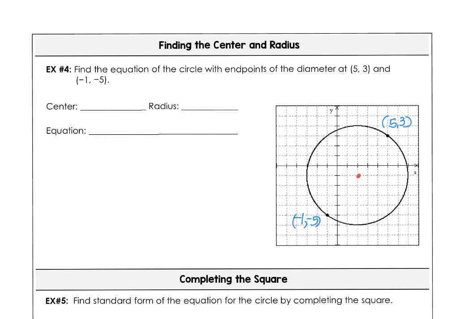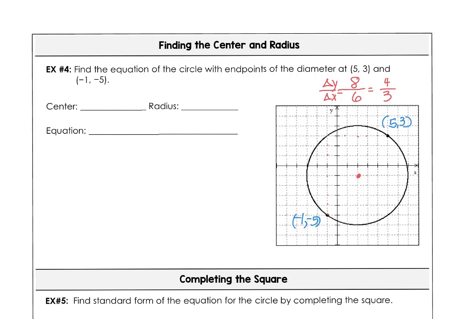And one way we can accomplish that is to count the rise, which is 1, 2, 3, 4, 5, 6, 7, 8, and the run, which is 1, 2, 3, 4, 5, 6. So we have a rate of change, 8 units up and 6 units right. So that change in y over the change in x gives us the slope, which is 4/3,